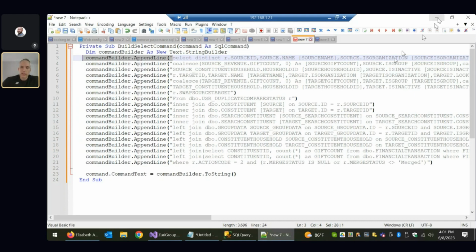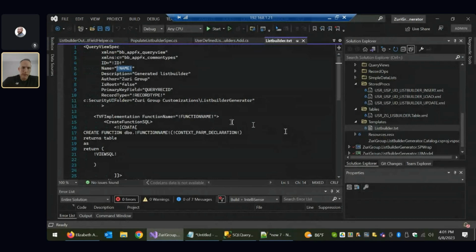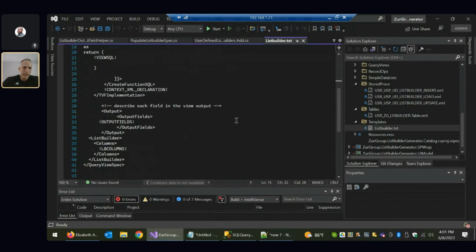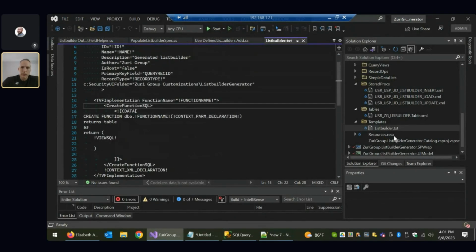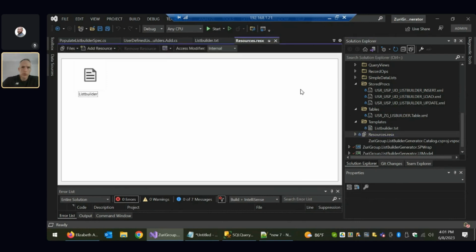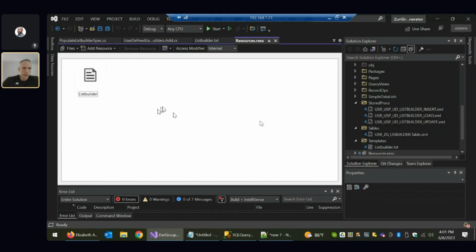It's so much easier if you just paste the whole thing into a text file, and then you can add a resources file to your project, and then you just drag the text in, and it'll be a file beneath that resources class, and you can access it directly as a string and start to do your